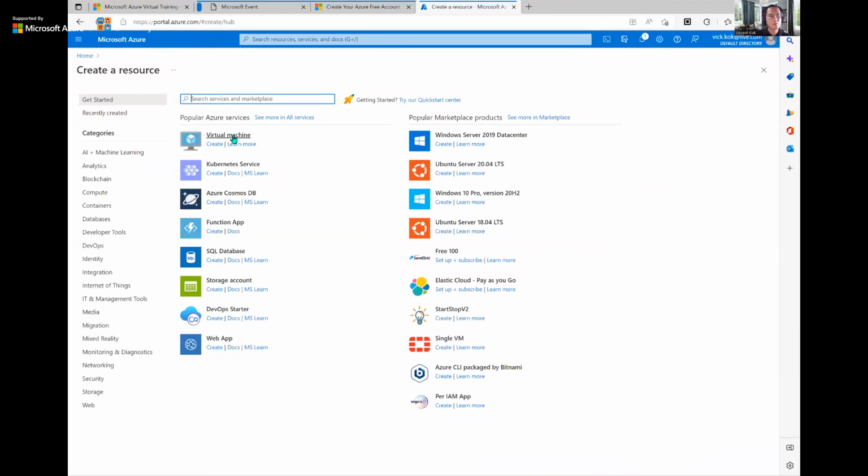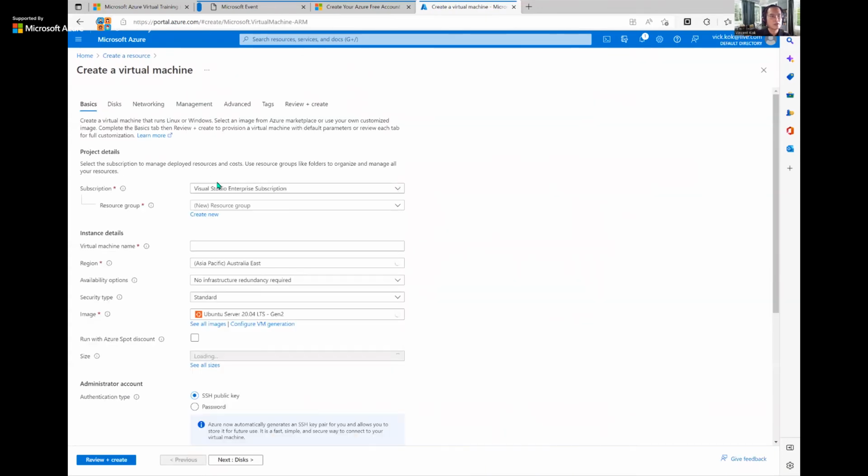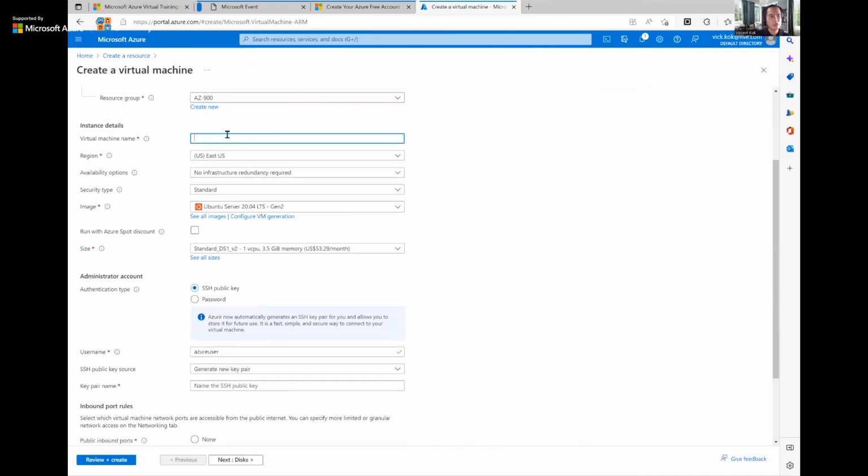So let's say, for example, I wanted to create a virtual machine. You can just select your subscription. To use the Azure services, you will need to have an Azure subscription and the resource group. And then the virtual machine name. So maybe I would say Azure user, and you can pick the